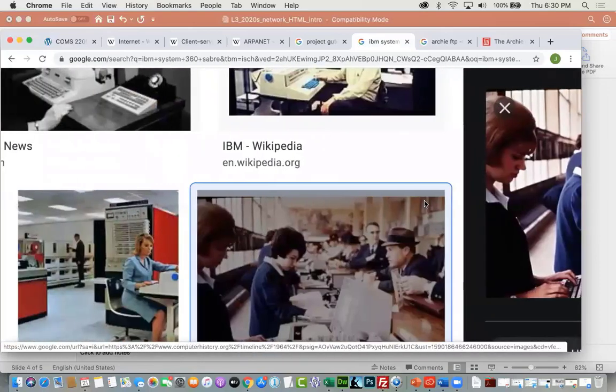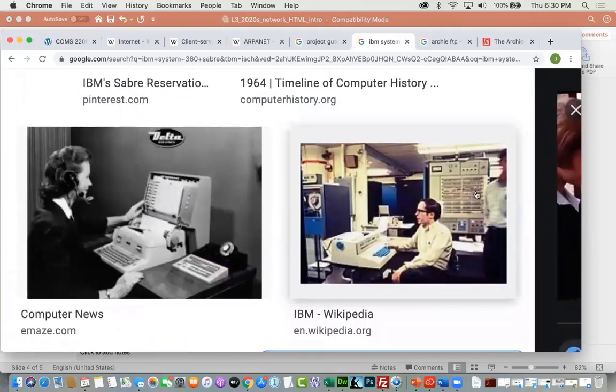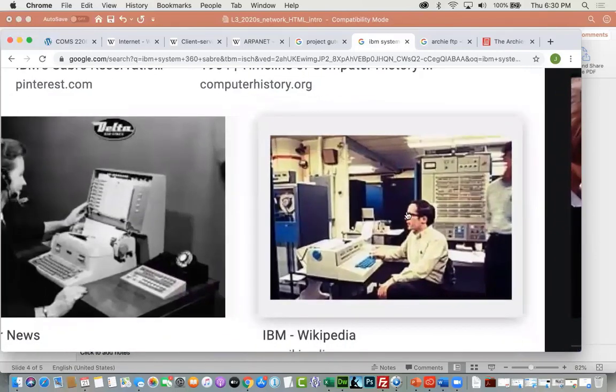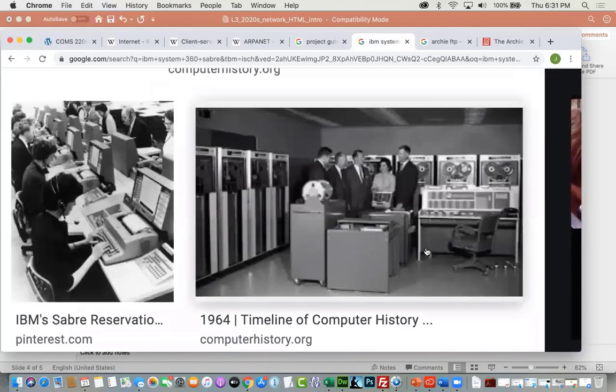Now, I got to tell you, I've got a Fitbit on my wrist that probably has more processing power than the entire room we're looking at in this little picture. Okay, we're not talking about a ton of processing power, but we are talking about it being accessible and relatively inexpensive. I got to put a quote on that relatively, because again, just so you guys understand how important this was,